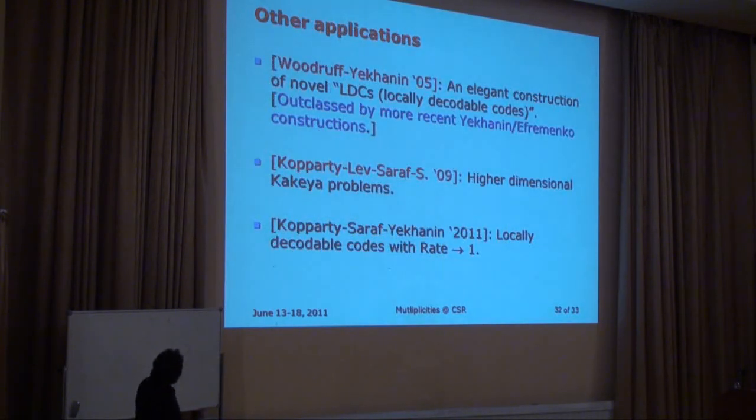I should mention that there are some beautiful results that are not covered over here. In particular, Sergey, along with David Woodruff, had a beautiful construction of locally decodable codes which are different from either of the codes that he described to you yesterday, and they were vastly improved later on, but had a very pretty use of this idea of using partial derivatives and multiplicities very early on. We've seen many other applications of multiplicities, in particular this very beautiful result of Kopparty, Saraf, and Yekhanin that Sergey talked about yesterday.